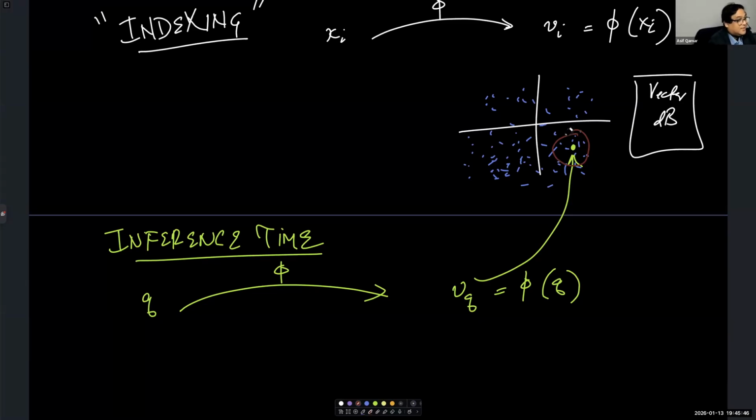We cast a net around it. We got a few points in the net. What do we need to do now? What's the second step? We look up the IDs, right? And when we look up the IDs, we retrieve the documents. The search part is over. The vector database is returning you the IDs. You take the ID, go to your auxiliary database where you actually kept the documents. And now you're ready. What will you do with that? You pass it on to the LLM.